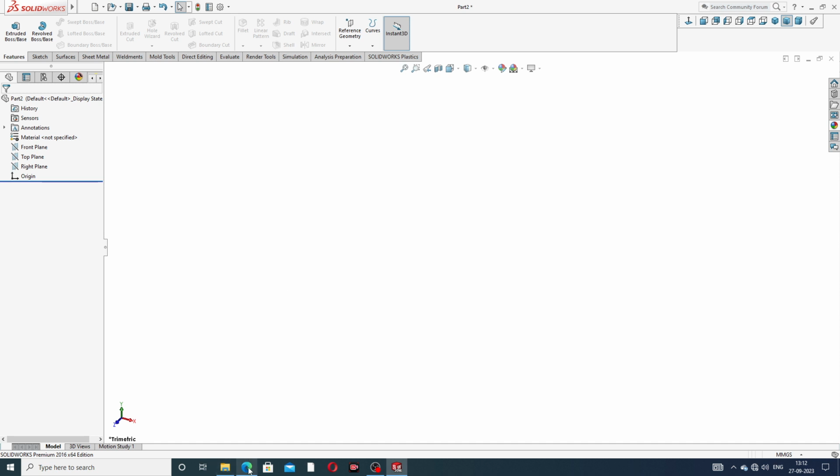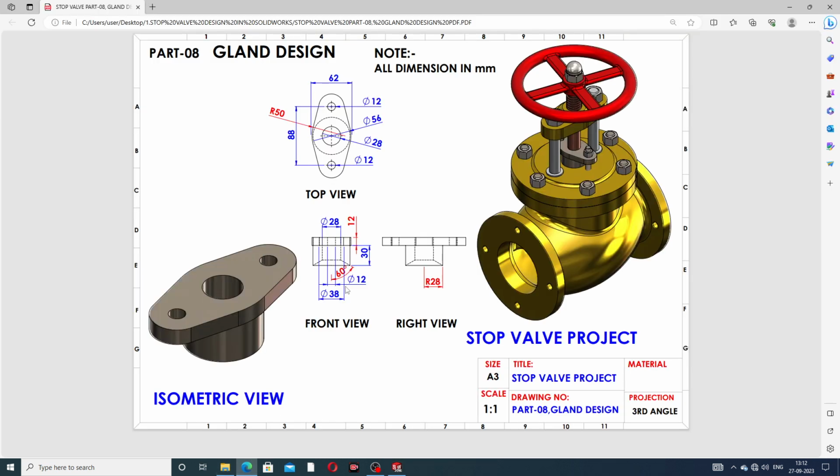At first you can see the 2D drafting is also available here. This is the front view and this is the top view. This length is 30 millimeter, and this small circle is 12 millimeter.